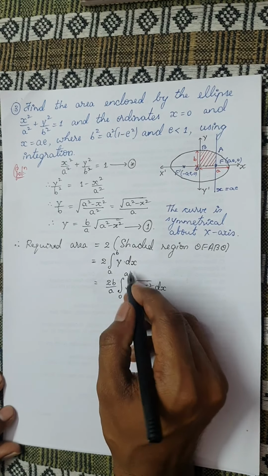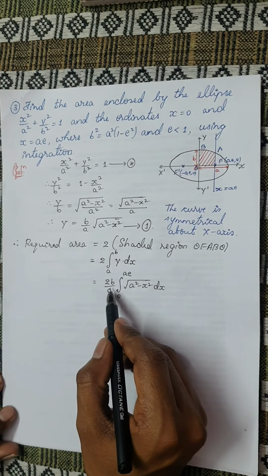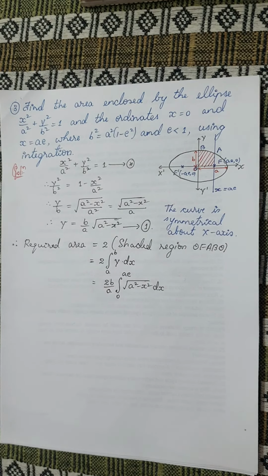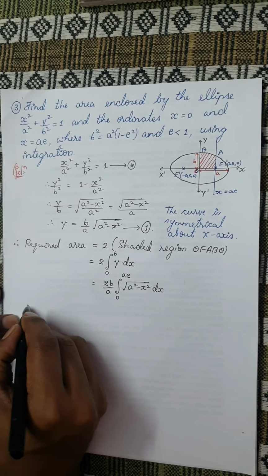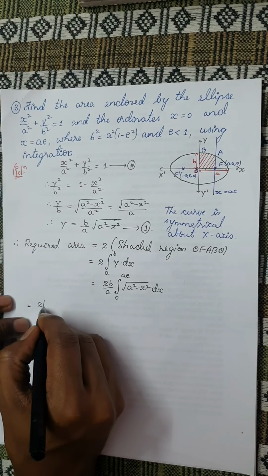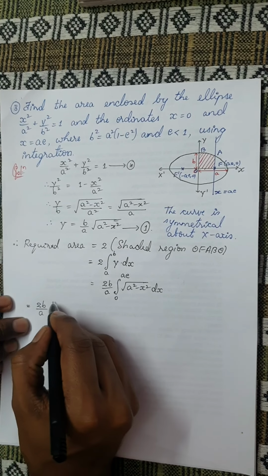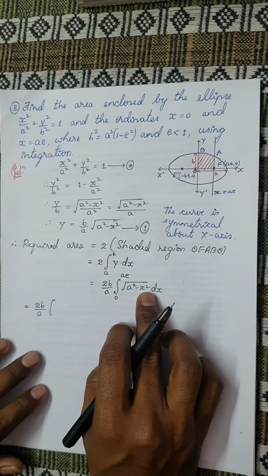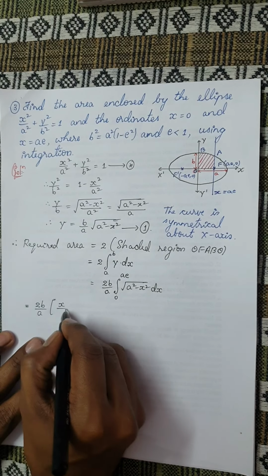Only one change is the limit change, and also there is an outside part change. Okay, so let us integrate this. This is nothing but, I have a constant here, 2b by a. Let it be outside. So the integral of root of a square minus x square is, yes, I hope you remember the formula,